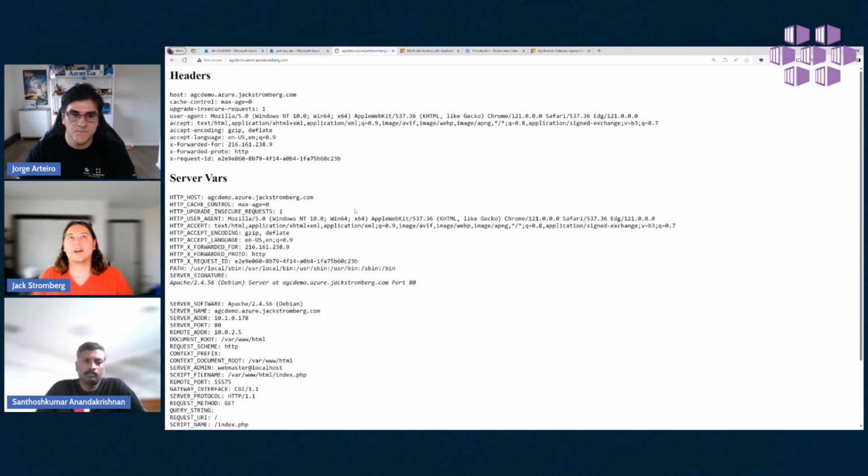So when a request comes in and gets sent to your pod, we do etch into every request a couple of headers. You'll always see the original IP address and the X-Forwarded-For. And then similarly, we added this X-Request-ID. The reason why I'm pointing this out is this helps tremendously with debugging. You'll see this ID not only in the request to the backend pod, but if we take a look at